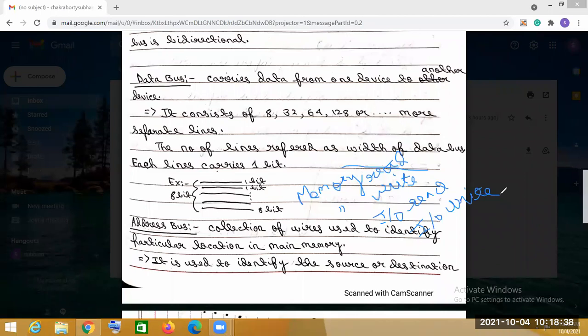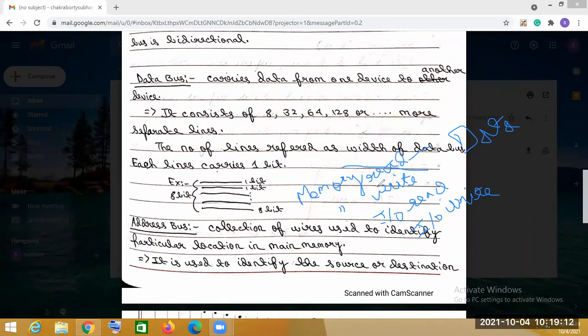Now, what is the memory read? Memory read specifies that it causes the data from an address location to be placed on the data bus. That means the data present in the address location is to be placed on the data bus.